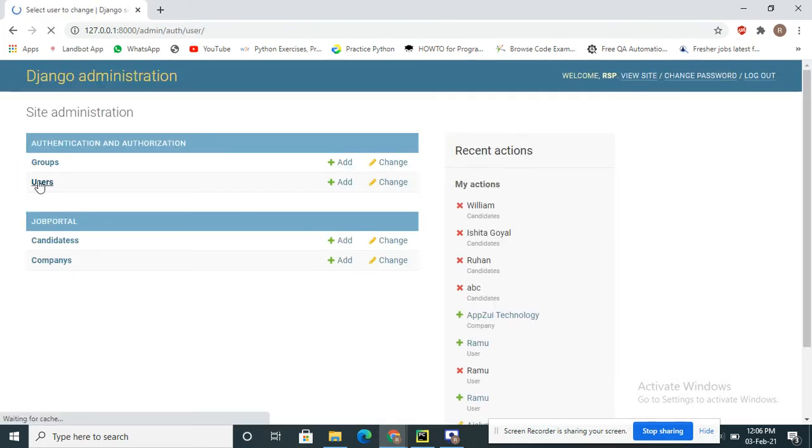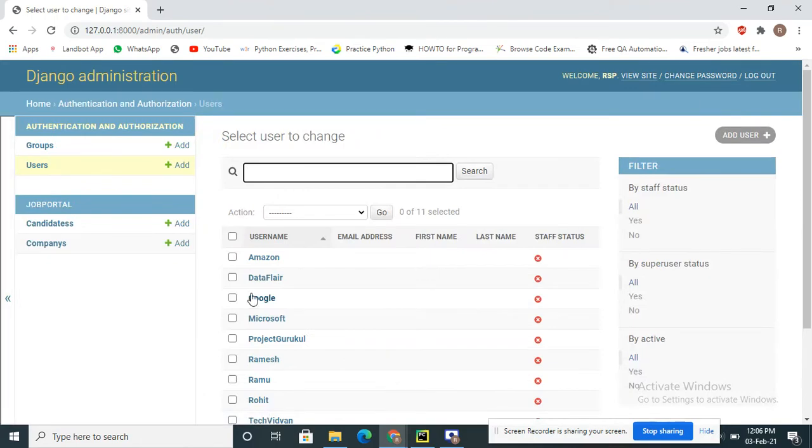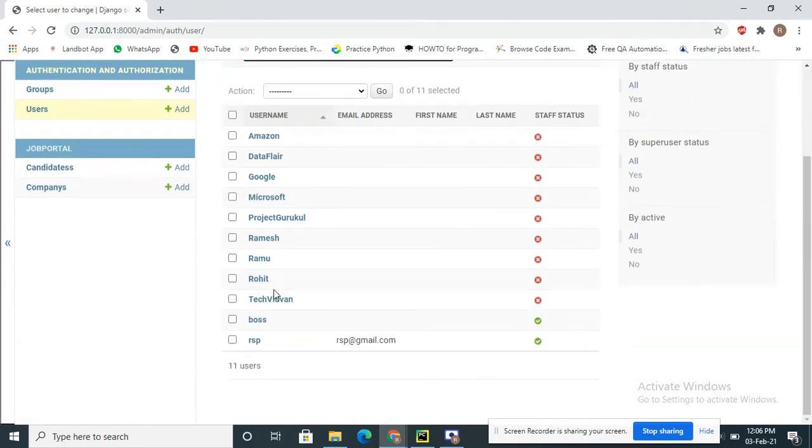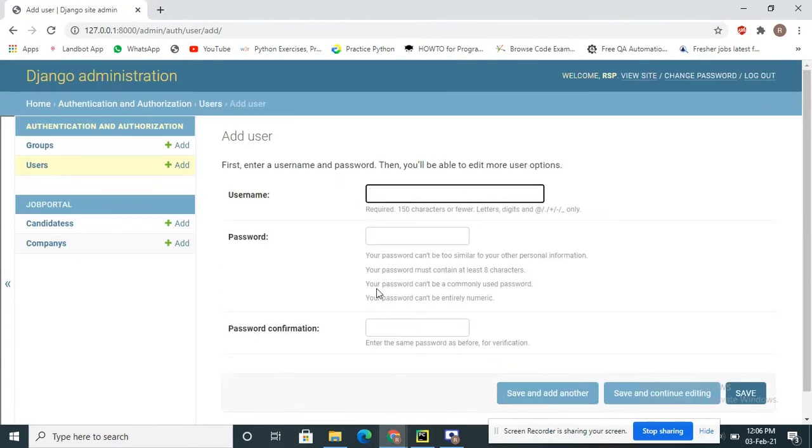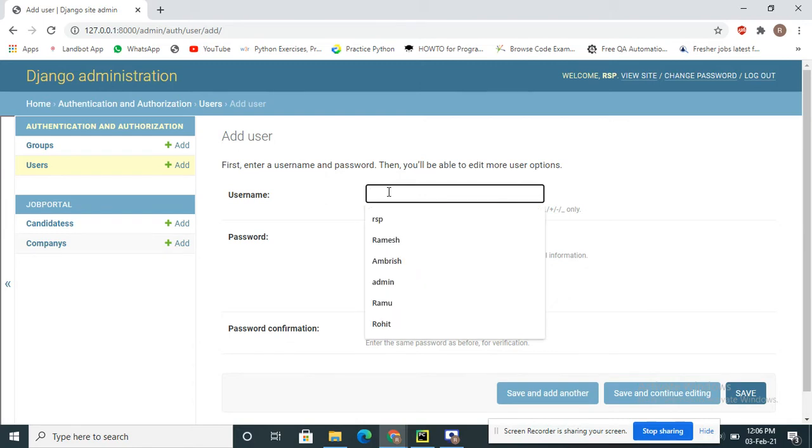See here, users means all the HR people will be coming here. Okay, those who are registering will be coming here. So now I will show how admin adds one HR. So username is the HR name is